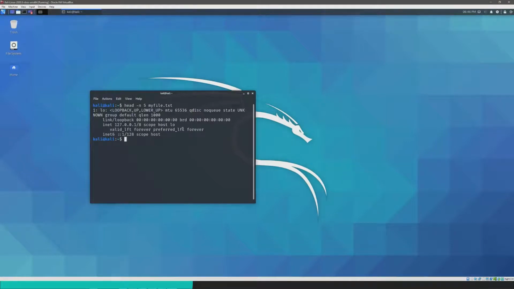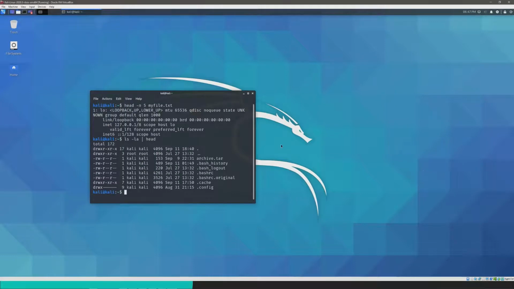So like I was saying, if I wanted to pipe the output of ls -la to head, I can do that. And by default, it would show me the first 10 lines of the list command. And there we go. There's more files, but since I didn't specify a number, and by default head will only show you the first 10, it shows me the first 10 lines as output.